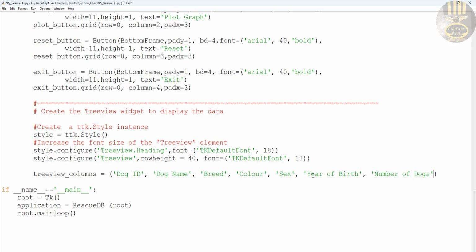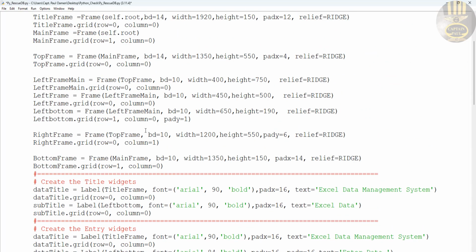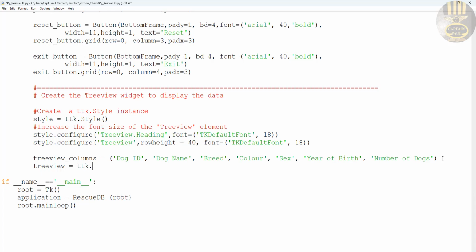All right, we now want the tree view. Where are we going to place this tree view? I'm going to place it right inside my right frame here, this very frame. Copy that, bring it down. Okay, right underneath here, I'm going to say treeview. That's the name of my treeview in lowercase. That will be equals ttk dot Treeview. And this treeview is a child of right frame, comma, column,